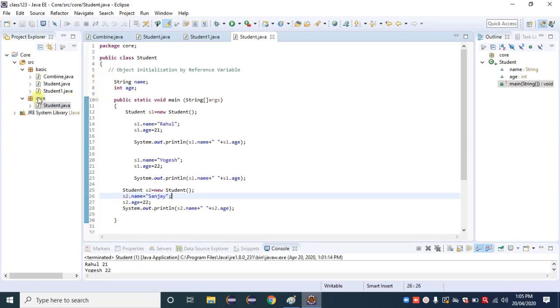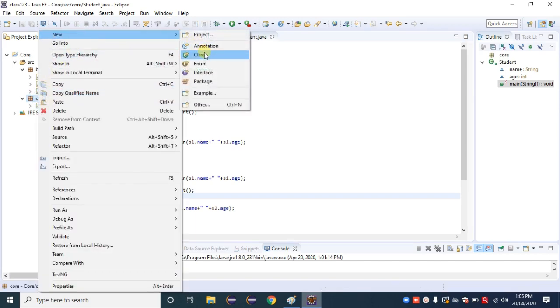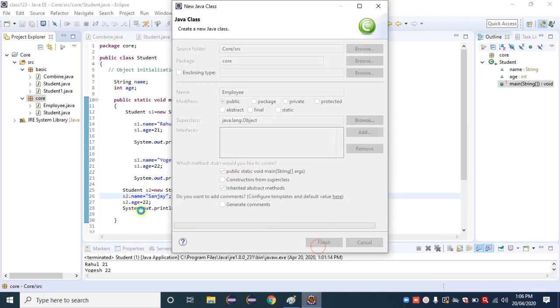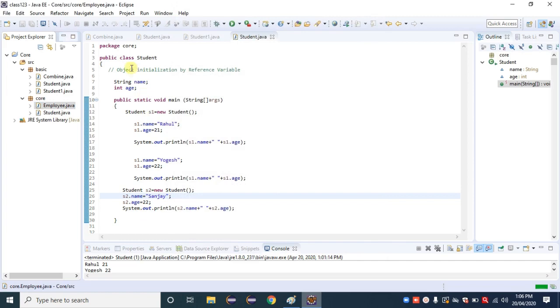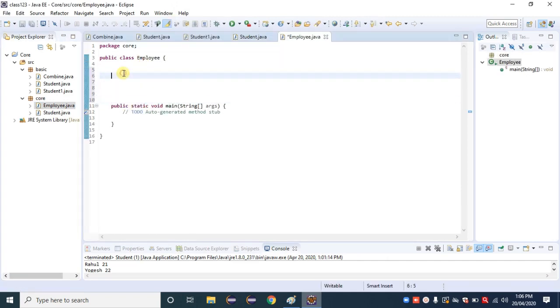Here I am creating a new Java class. I am not typing the main method here. The topic name is object initialization by method.